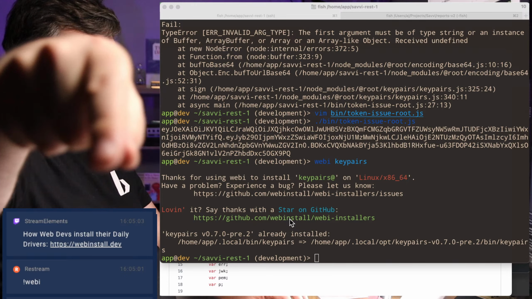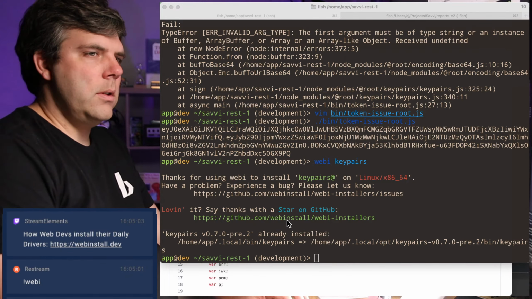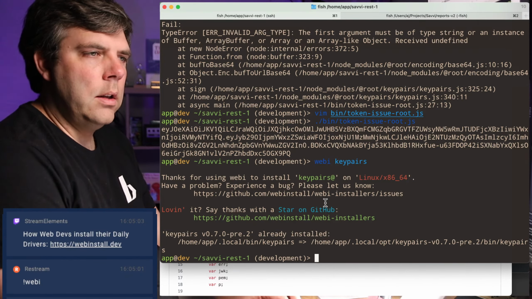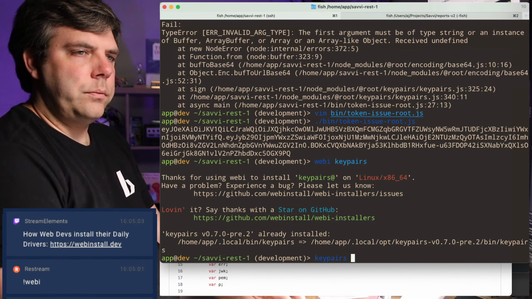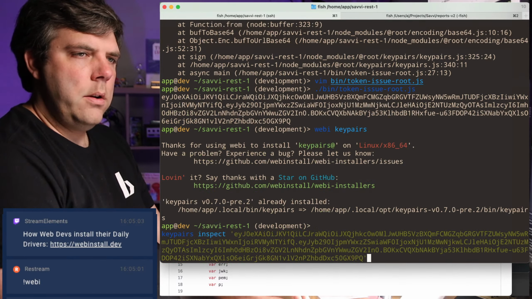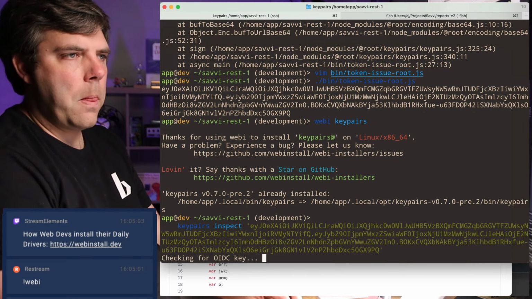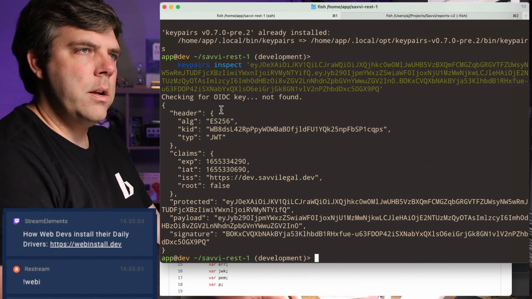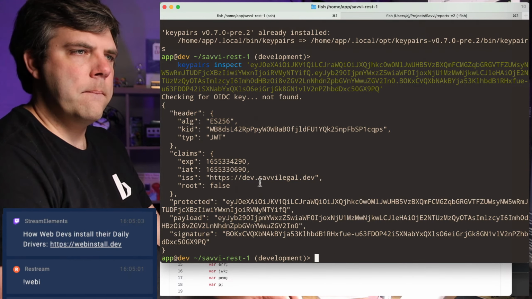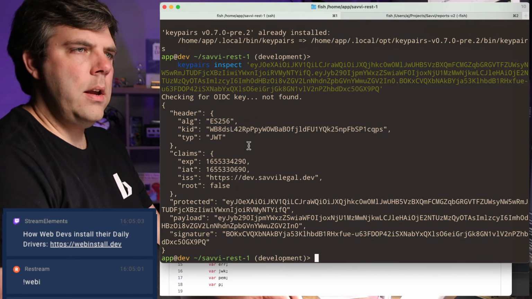It wants to focus on my face, which is kind of nice actually. But key pairs, inspect. There we go. Oh, interesting. Oh, could not find the key.